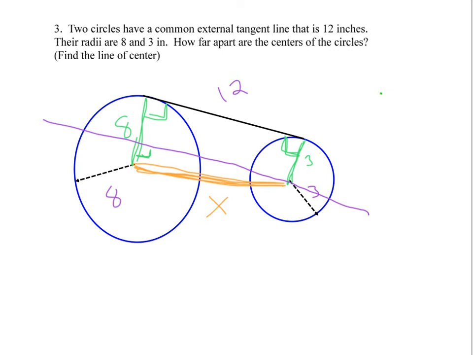If this side is 12, well, then that means that this side is 12. And if this side is 3, that means that this side is 3 as well, which means now this remaining piece must be 5. So as we're looking right here, I have a right triangle. Here's my right triangle with one leg of 5, one leg of 12,